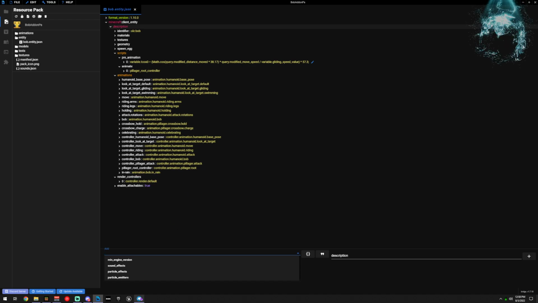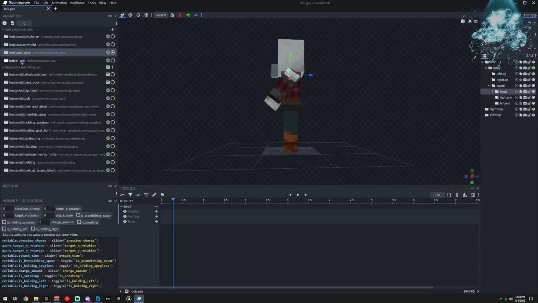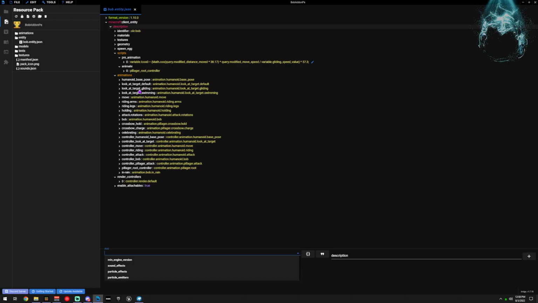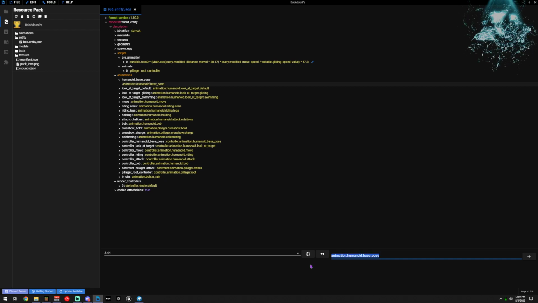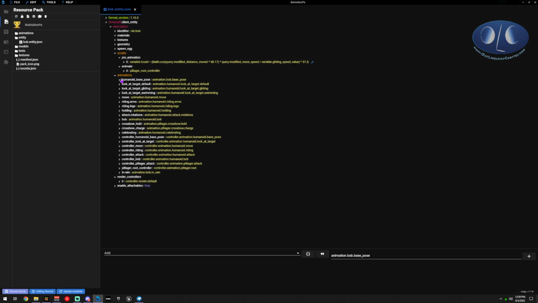And then the last thing we want to do is, remember we changed the base pose. So we want to go find the humanoid base pose and modify that. So we're going to go find humanoid base pose right here, and we're going to put in ours instead of theirs. This way we're not changing the base pose for all entities that are humanoid. We're making our own and then only changing it for Bob. So now that we've defined these, we don't have to do anything with base pose because it's already being done, but we do have to put something in for in rain.